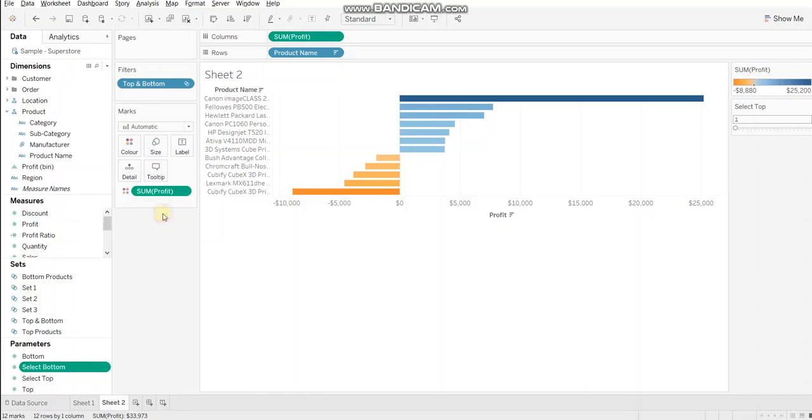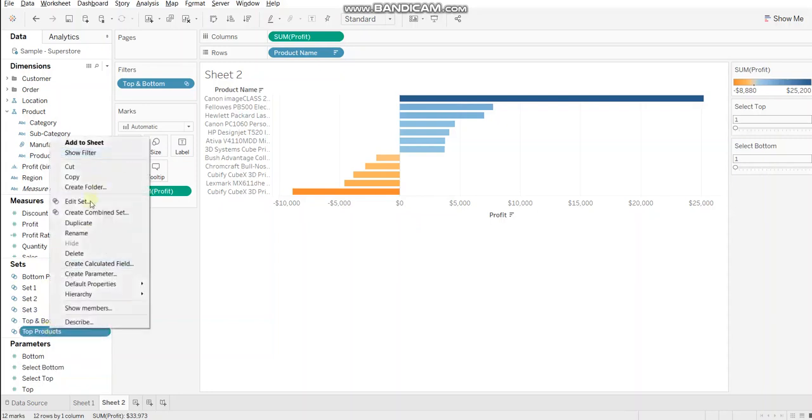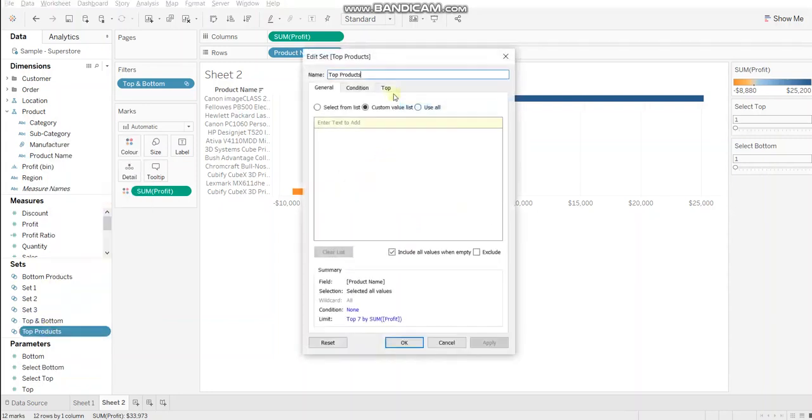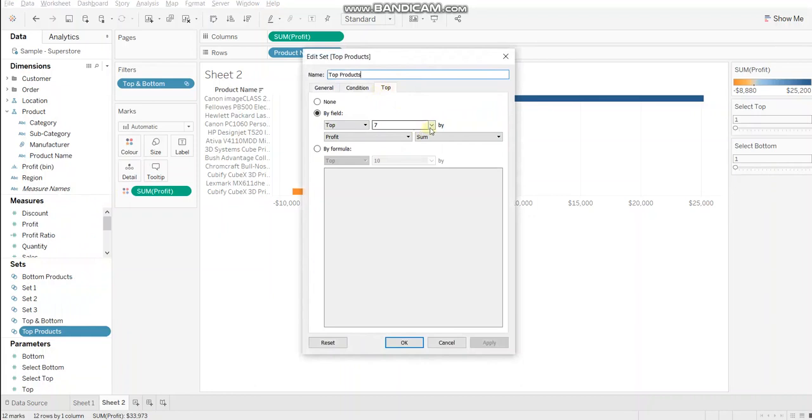Show parameter control. Okay, now just a little change you'll have to do in the sets. You'll have to remove the hard-coded values. So go to top products, edit set, and when you go here, you get an option. You can see all the parameters that you have created are listed over here.